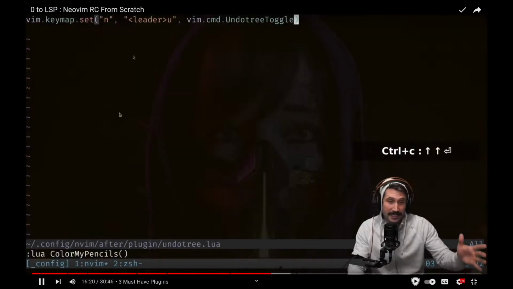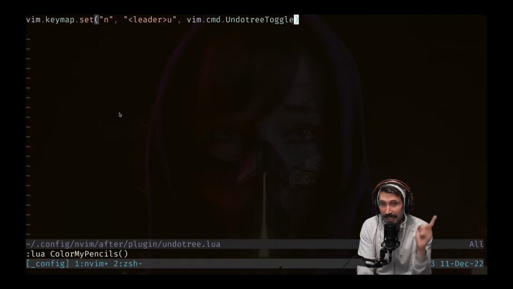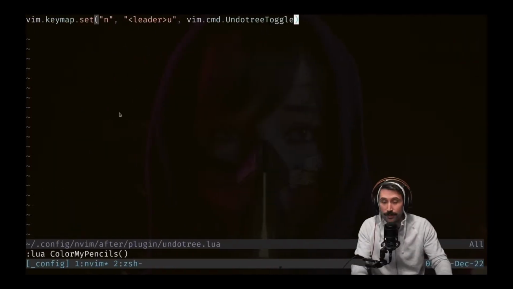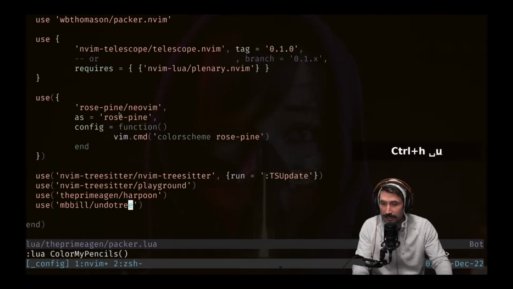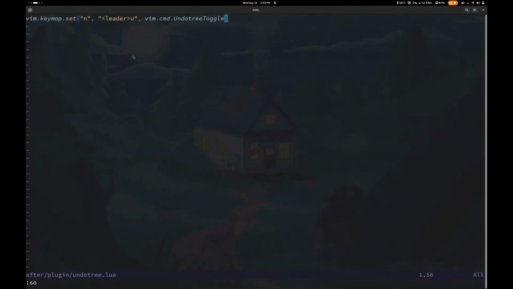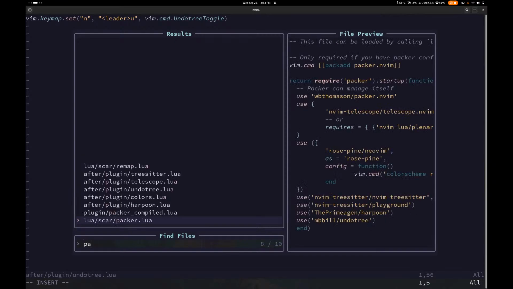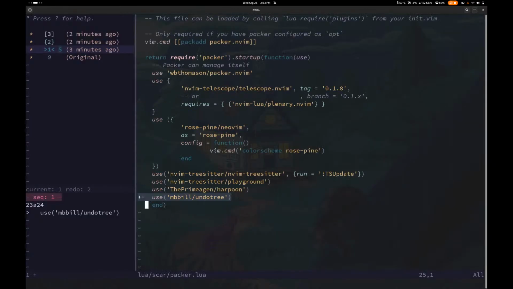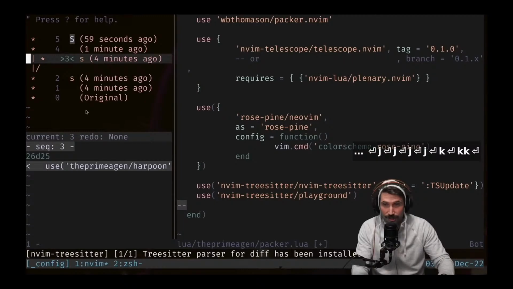Let's shout it out. Let's get our waifu back. And now if we press leader U, we can see everything we've done. So let's go back to Packer and go leader U. Now what you're gonna see here is this little tree that's going on right here. So that means I should be able to see all the changes that we have recently made. So now if I go right here, this is a branch,